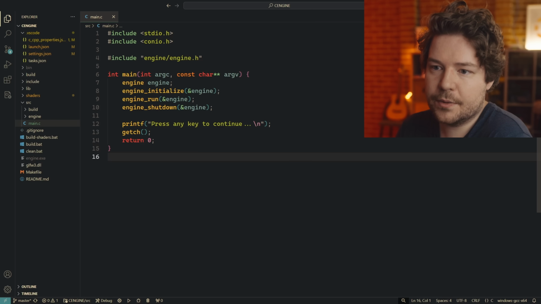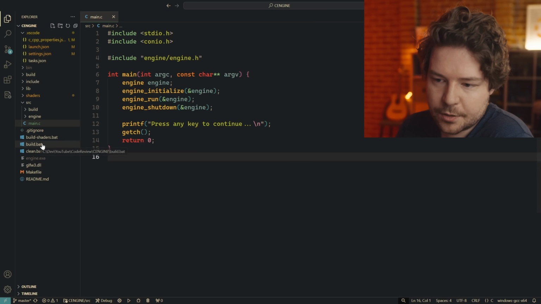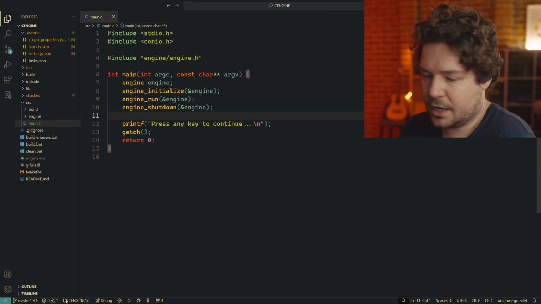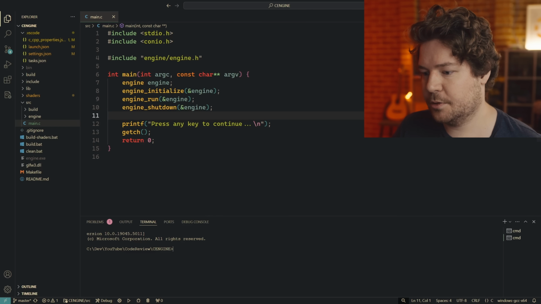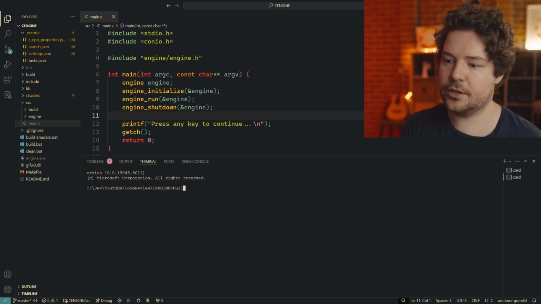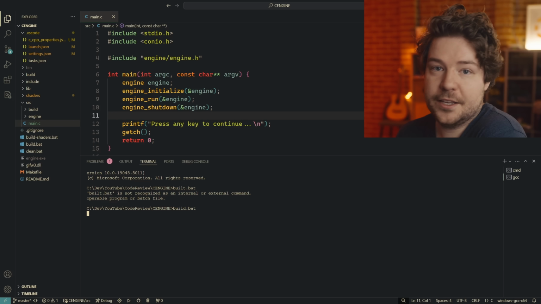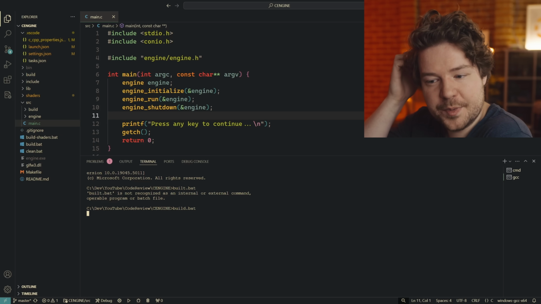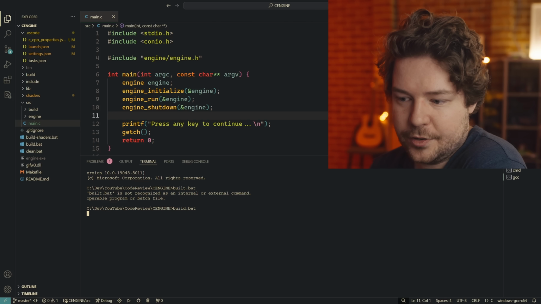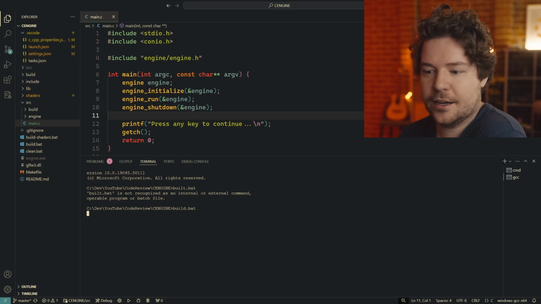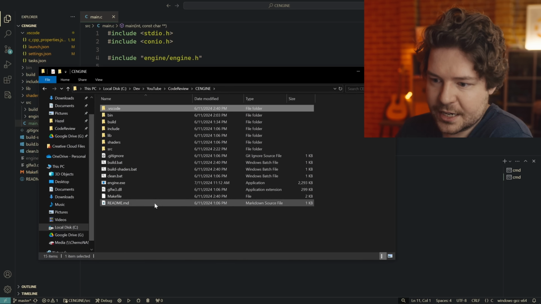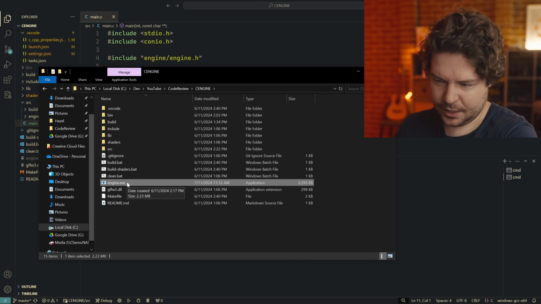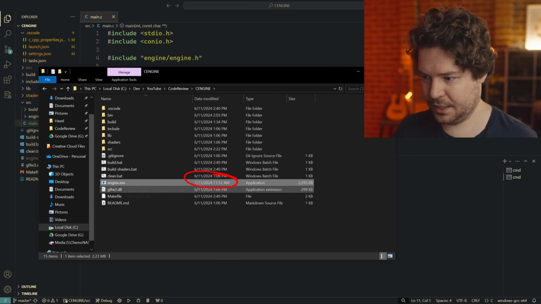Let's begin by running this. So build.bat was what we were told to run, right? So I'm just gonna go ahead and open up a new terminal. This will open it up in this directory, and I'm just gonna call build.bat. And let's see what happens. So we actually get no feedback. Apparently, that's a bit annoying. And we just wait. I guess it's compiling. I don't know. I'm gonna try and call make in a minute, but it looks like it maybe worked. If we go back to the directory, we've got engine.exe, and yes, that was in fact built just then.